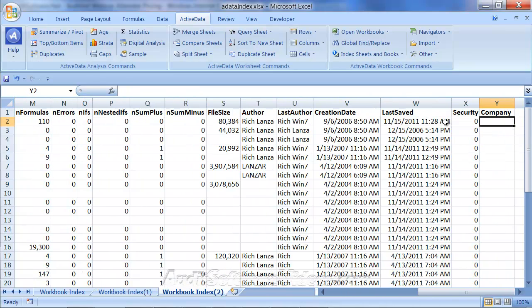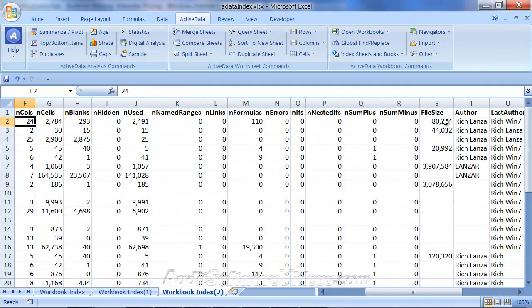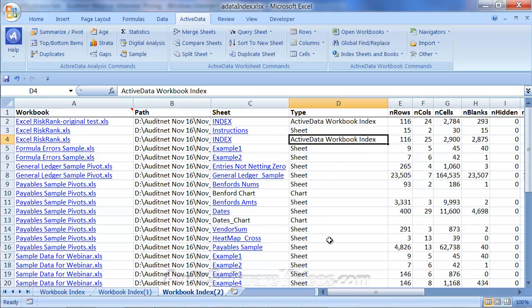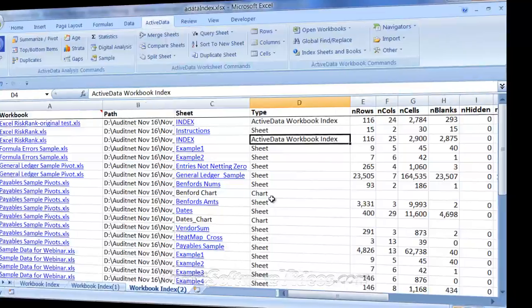And I like Active Data, and the reason I suggested it is that it provides a really nice population summary, something I've never seen before in any other schedule. I don't know how to make the macro to do this one, so I'm not even going to try it and tell you. You may want to just try this add-in, especially given it's free for the 30 days. And once I have this opened up, what I can now do is open up a risk ranking spreadsheet, and it's a macro enabled spreadsheet that we can utilize as